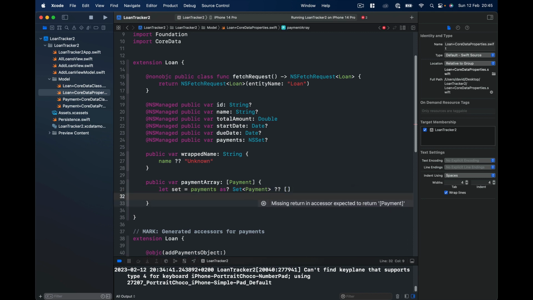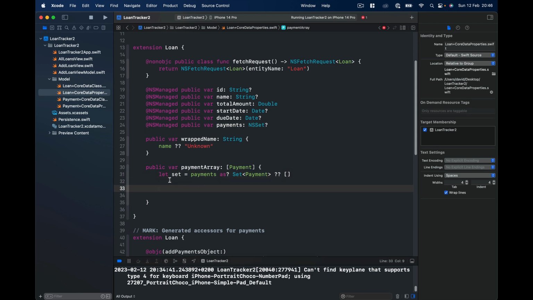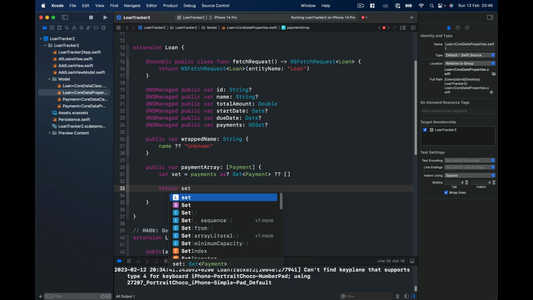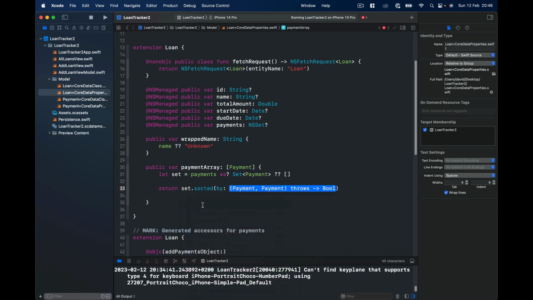Otherwise, if it's nil, we put a default value here of empty set. The set is the Swift version of NSSet. Now we have this set we want to return. We take our set and then we want to sort it, because we want to sort our payments by their date. And in order to sort it, we are going to use sort by,